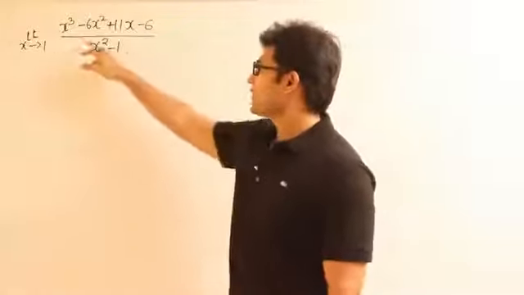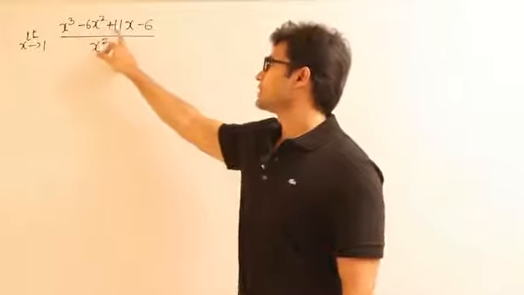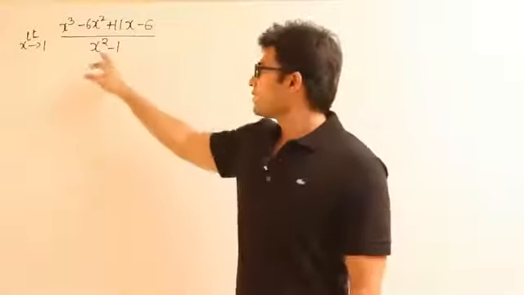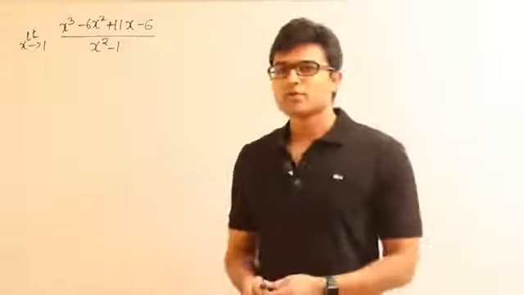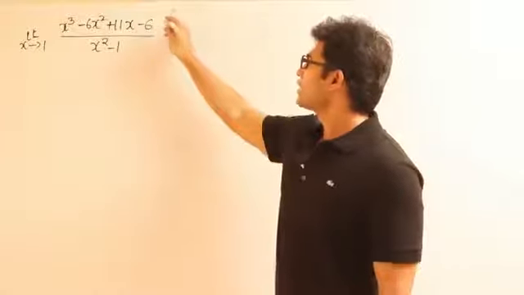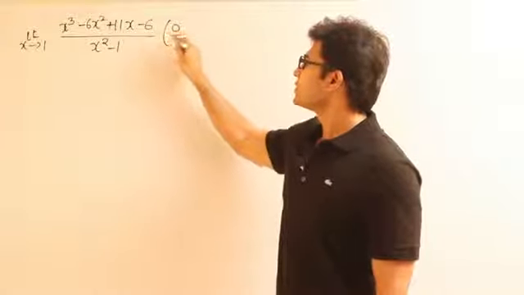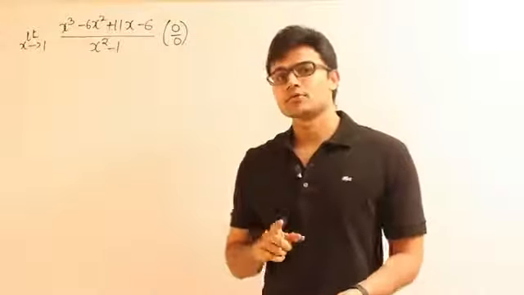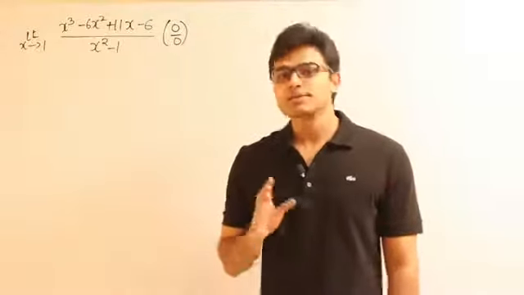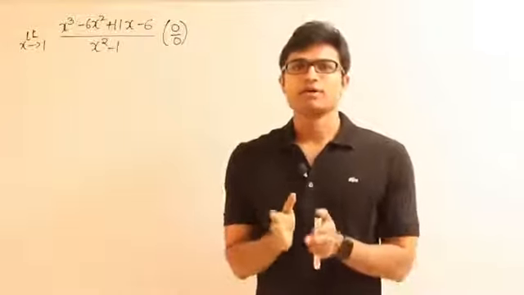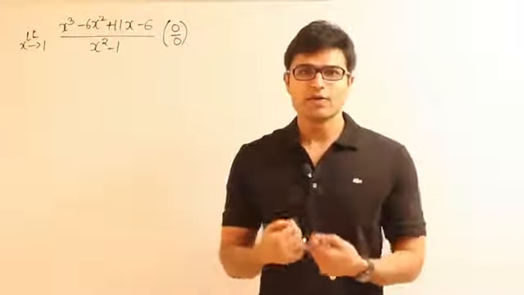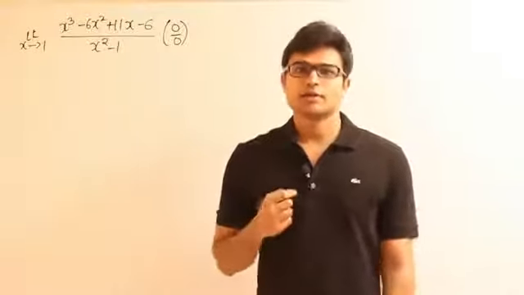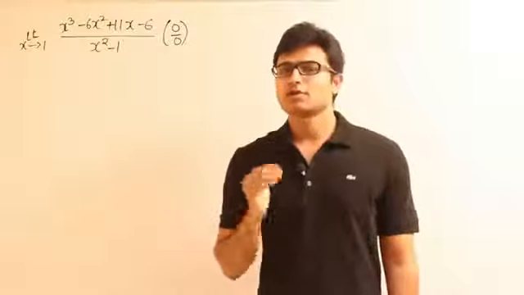So if you substitute 1 directly here, I get 1 minus 6 plus 11 minus 6. It is nothing but 12 minus 12, which is 0. And here also 1 minus 1, which is 0. So if I directly substitute it that way, I'll be getting 0 divided by 0, which is indeterminate form, right? So what is indeterminate form? I'll discuss about it later. Or simply put, there is no definite value there. So what we wanted is, in most of the applications, we want a definite value, but there is no definite value. In such cases, what are we supposed to do?